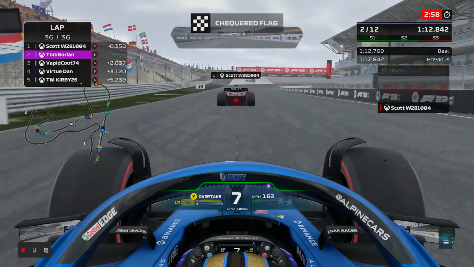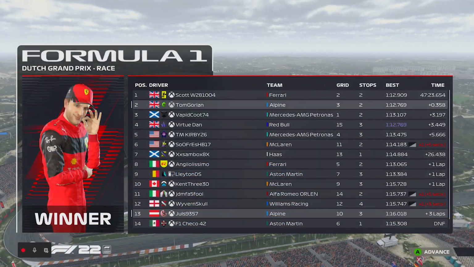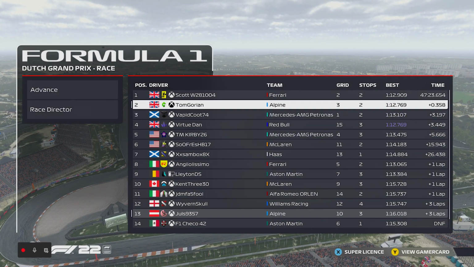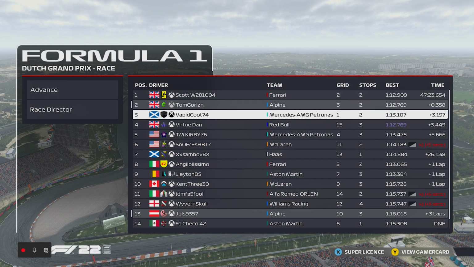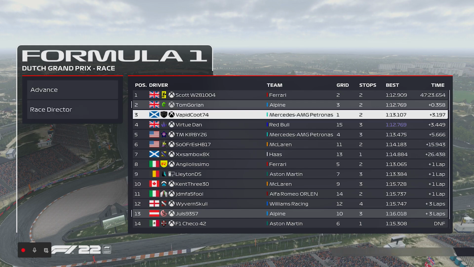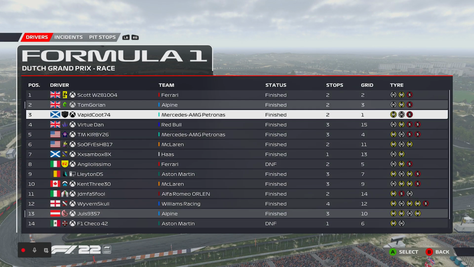It's P2 in the RFL Dutch Grand Prix, our first podium of this season. Quite happy with that. Just the one complaint is that if I didn't underfuel the car, I could have really been more competitive in the second half of the medium stint. I literally fell away from Scott and Angelo and all that other stuff. Even when Angelo came in, I lost time to him. So yeah, but the fact that the safety car literally saved our race,